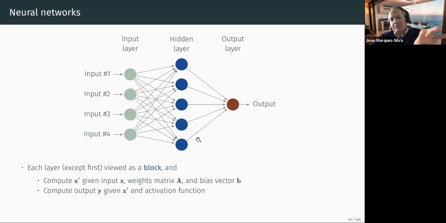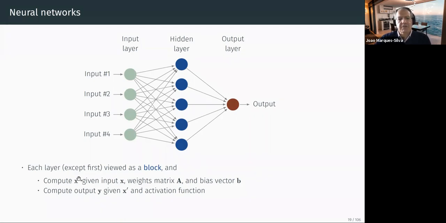So again, I'm going to assume a very simple model just to illustrate the point, but it would apply in general, model being able to reason about it. So we see each layer of the neural network as a block, okay? And the first layer is just inputs, okay? And what we do, it's not shown here, it's going to be shown in the next slide, is that we are going to compute in two phases.